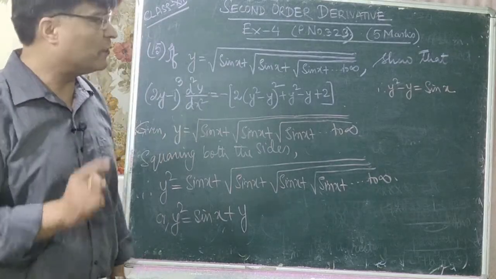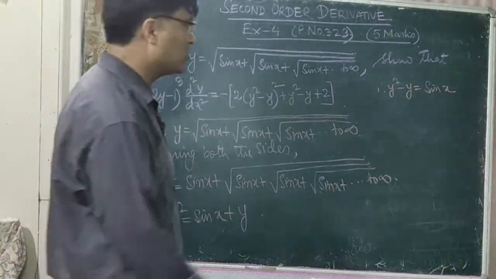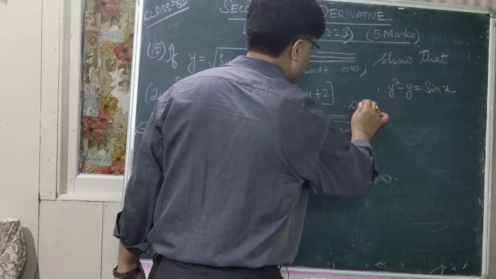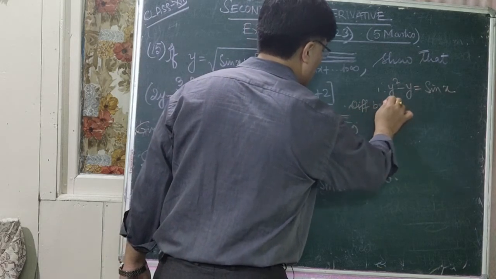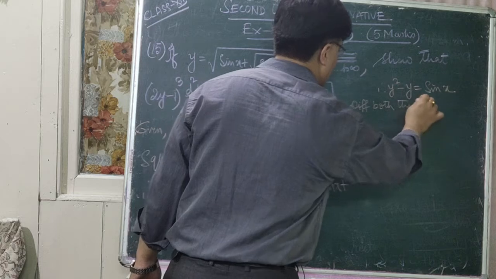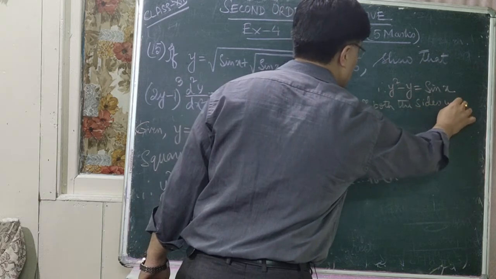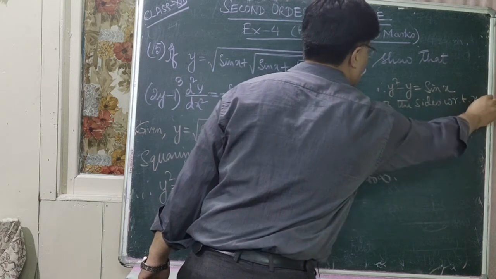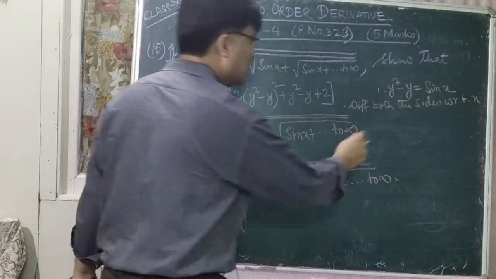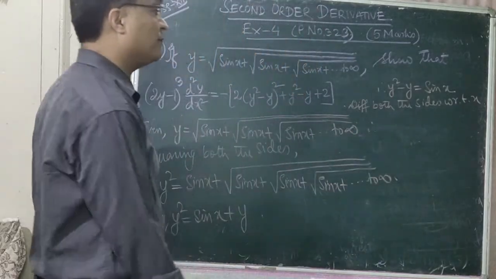Now let's find out dy by dx. That is, you differentiate both the sides with respect to x. So differentiating both the sides with respect to x. Okay. So what is the differentiation of